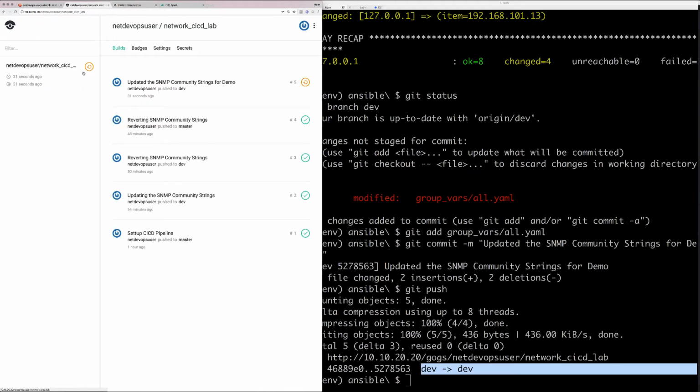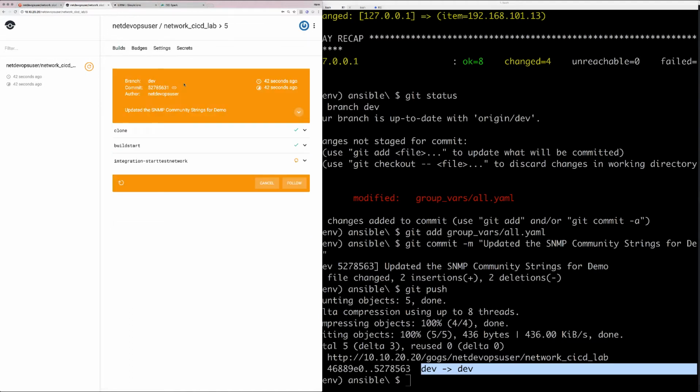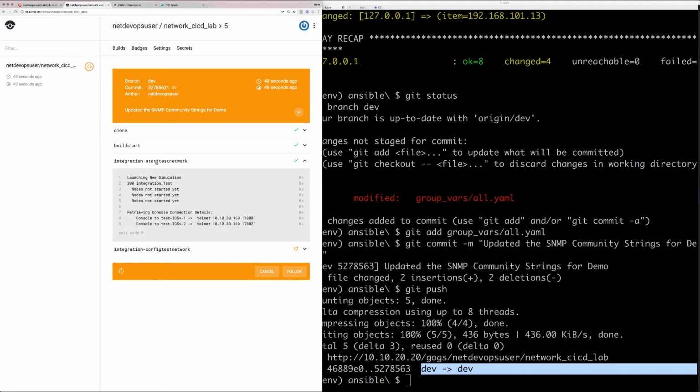Drone is my build server that actually does the CICD process, and we can see we have an active job running for updated the SNMP community strings for demo, and it's running inside of the dev branch. We can watch as this runs through. The first step in the process was to start a test network. It starts this test network using Cisco's VIRL platform to spin up an entire network simulation onto which we can